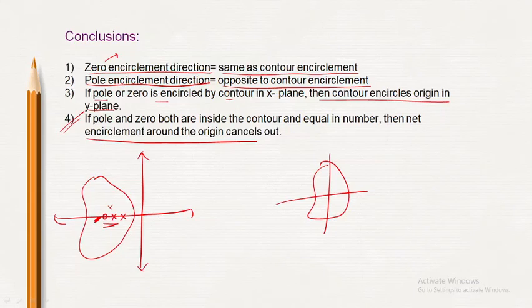you see the net of it, that these two cancel out, but then you got another pole. If the direction of the contour that I am taking in, suppose, the A plane, and this is the B plane, is anti-clockwise, then I'll see that there is one pole inside the contour. And for poles, we have learned that the encirclement around the origin will be opposite to whatever we are getting over here. So if this is in the anti-clockwise direction, the encirclement about the origin will be in the clockwise direction.